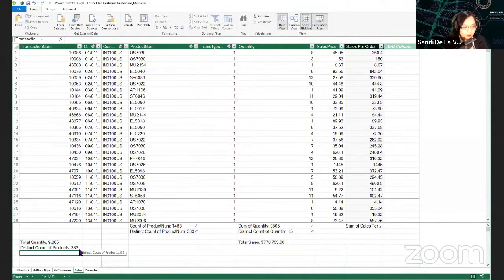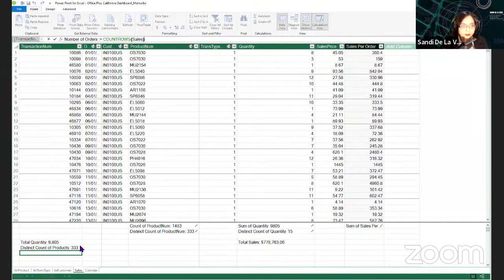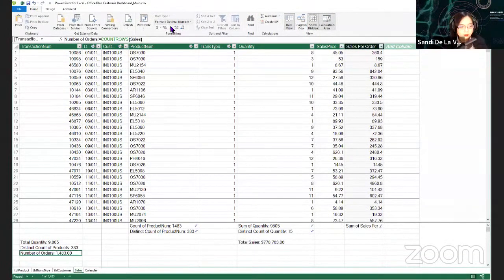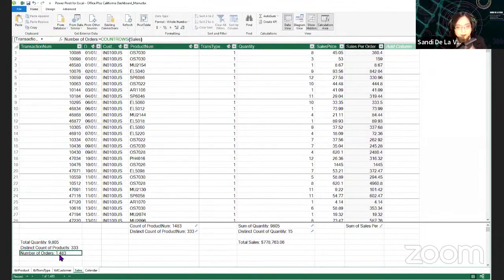There. So next would be the number of orders. Then colon equals. Use the count rows function. For the count rows function, the difference is you can use the whole table or the table name in order to count rows for the whole table. So press enter to complete this DAX measure. Format it to whole number. Then we have completed the first set of DAX for our analysis.